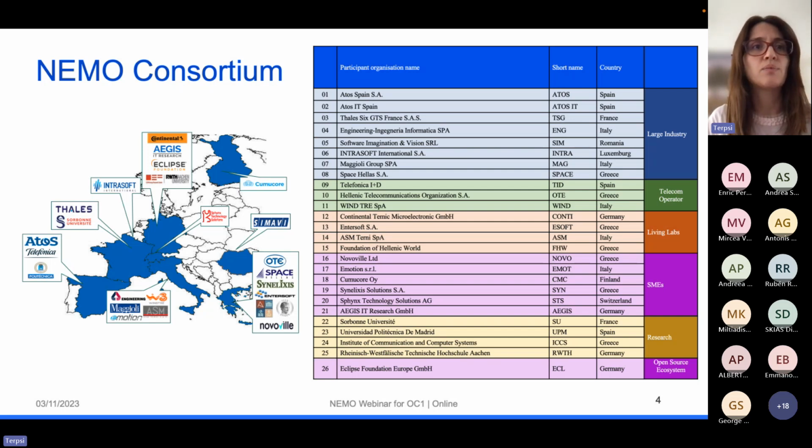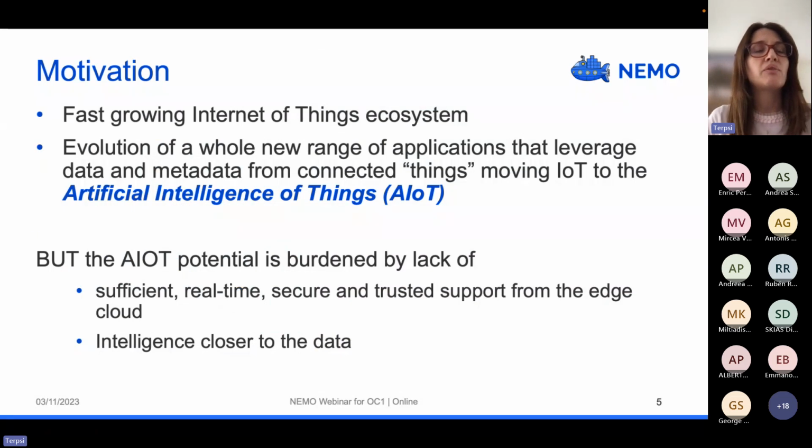Our motivation starts by the landscape around the fast-growing Internet of Things. We have a multitude of new applications for the IoT domain that are meant to be seamlessly integrated to the cloud and the edge devices.